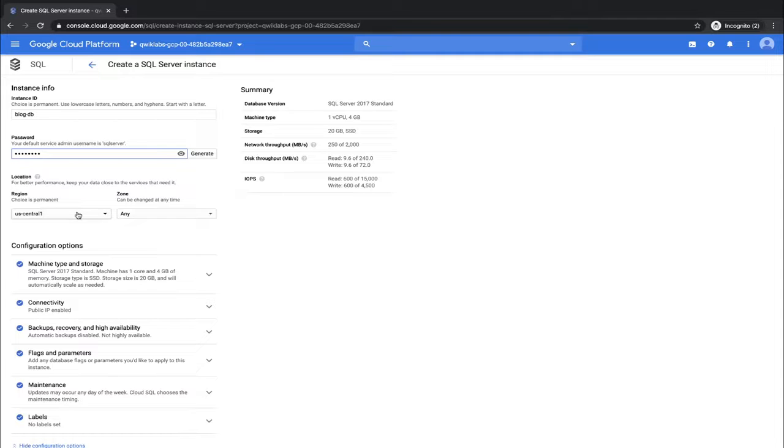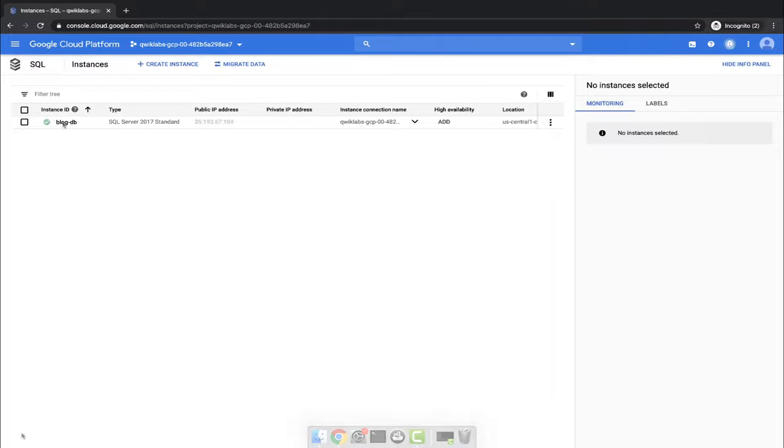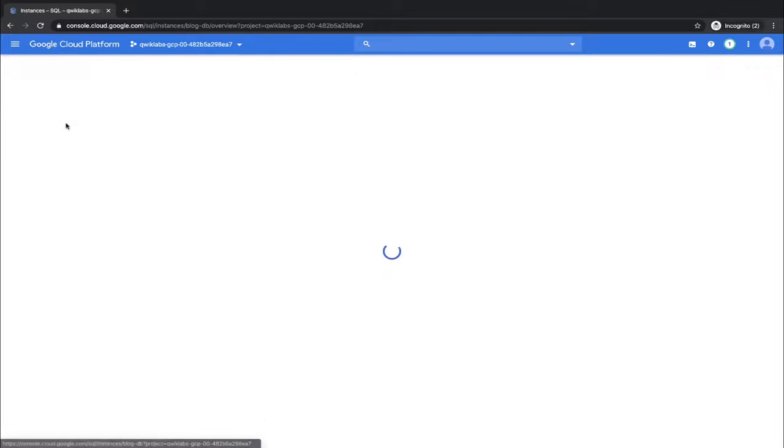We're going to set it to the same region. I'm going to leave it as any zone. And we're going to create. And this will take a couple of minutes to actually spin up, so we'll resume when it has spun up fully. Now that our SQL Server has spun up fully,